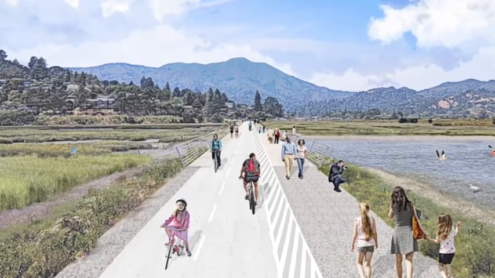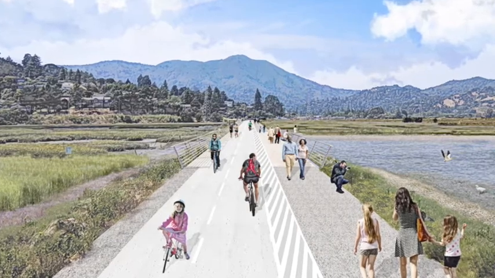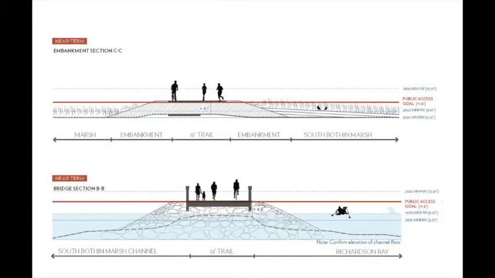This is that widened path that follows the existing alignment, but is actually raised up about 4 feet in order to resist the effects of sea level rise. So here we are with that elevated embankment to maintain that user experience. There's opportunities for overlooks all along the way.